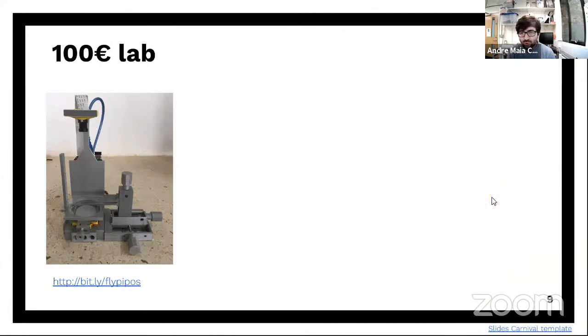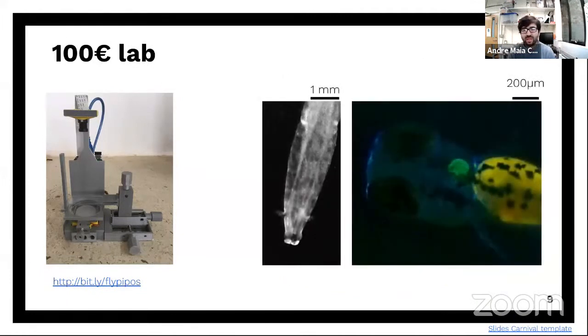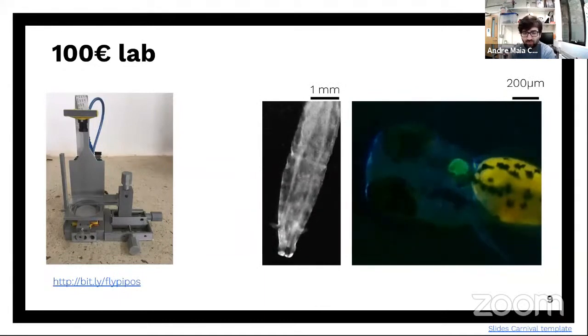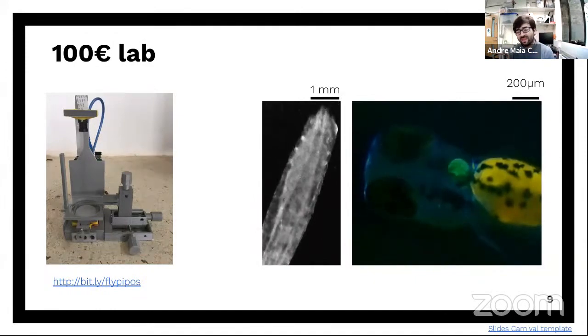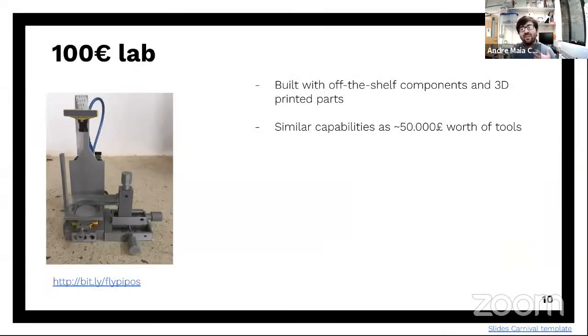And then we also showed that you can do more fancy methods like calcium imaging on the left side and fluorescence imaging on the right side. Right, this is the long story short of this thing. I think more importantly than this paper for us was the fact that we can show, I jumped one slide,